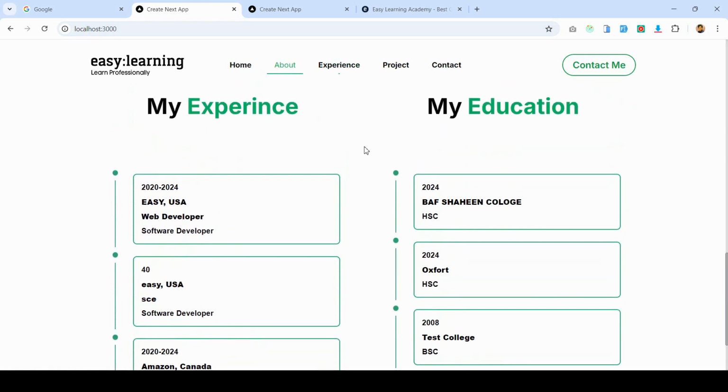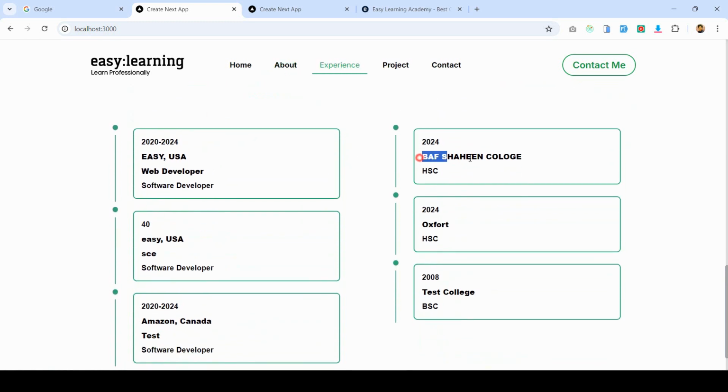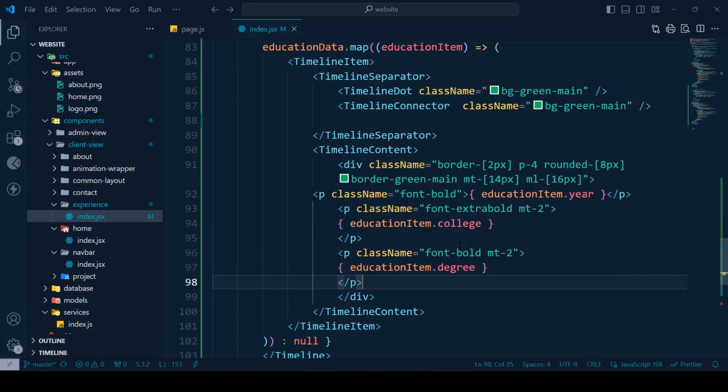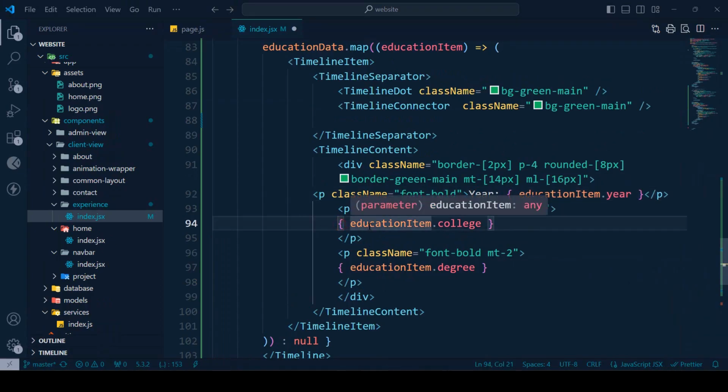It's now successfully getting our year, and also our name, our HSC. Here, if you also want to add that name, you can actually use it. In that case, you only have to use it as a year. Okay, year, I simply added that year, and that will be for the college. You can also use that as a college,